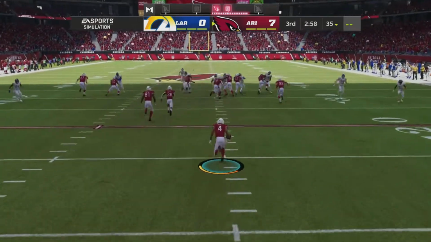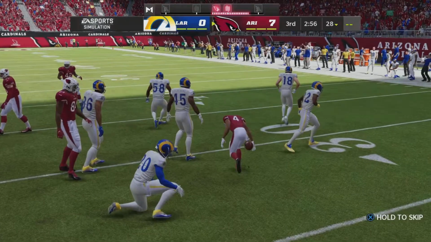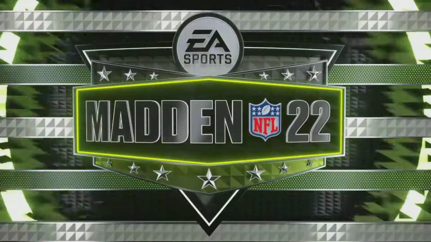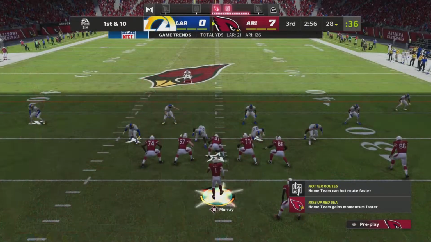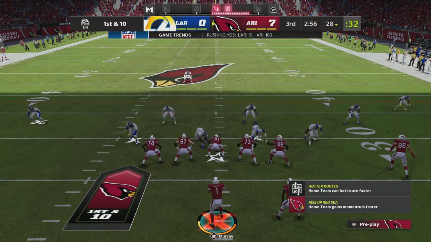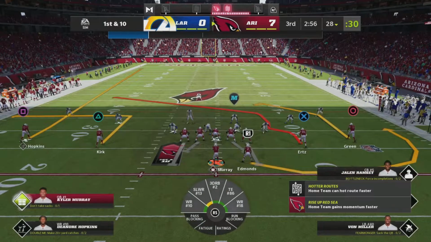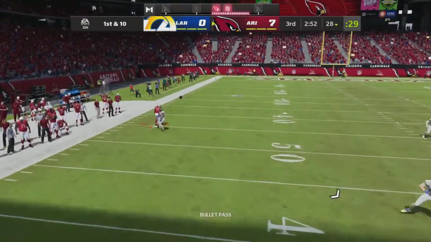Set to return it, here's Moore. And able to take it past the 25 and up to the 28-yard line. Arizona's offense at the line, ready to get their drive started. And they've got the lead, CD. What do you expect from them in this second half? Well, I like what they were able to do on the ground in the first half because they have...